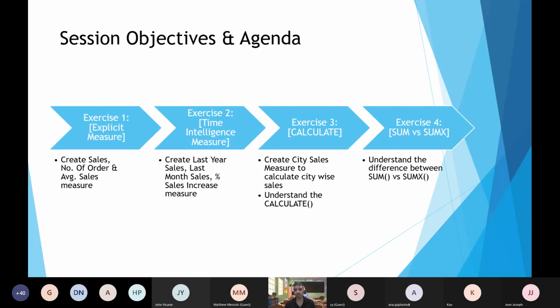So we will try to deep dive into each and every aspect of the calculate function, what the different syntaxes are and how the different semantics work in calculate. Okay. And then in the final part, if we have enough time, because I'm not sure, we have only